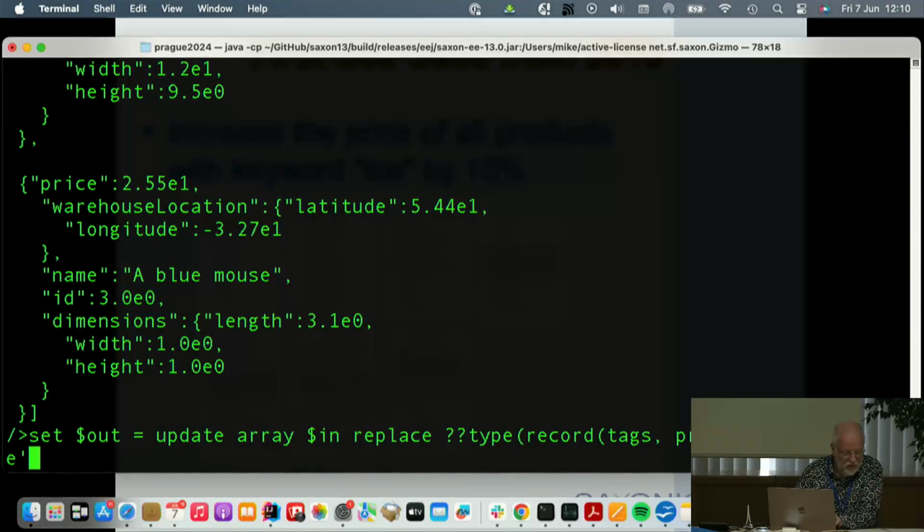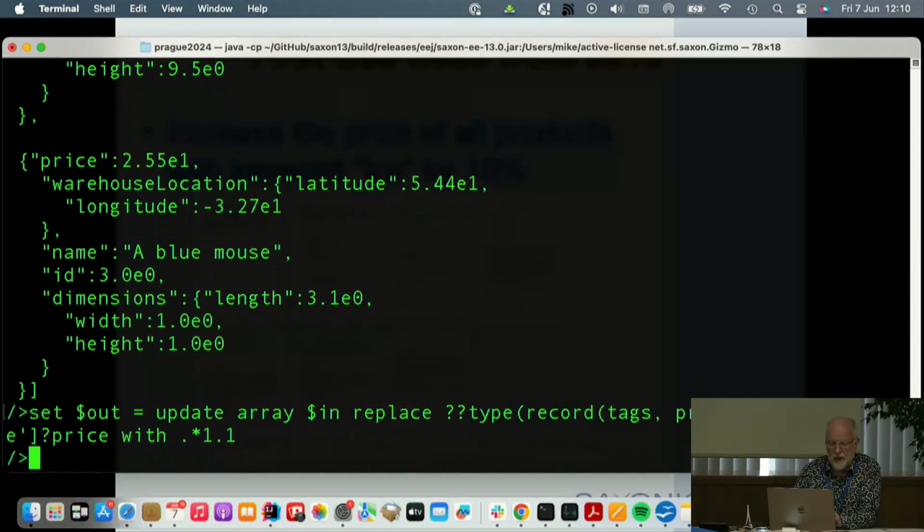I don't know why it did, but so I'm updating selected prices, and I'm multiplying them by 1.1 to give a 10% increase in those prices. It's done that query, and if we show the result,